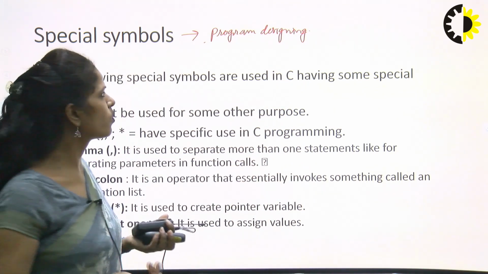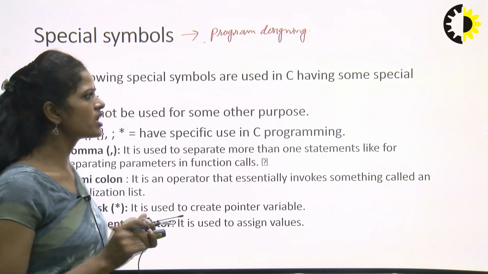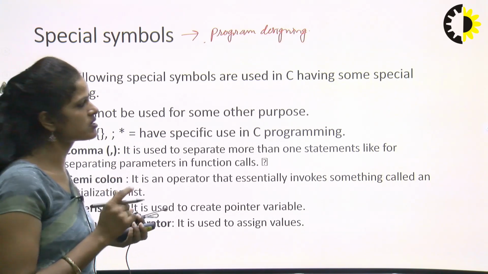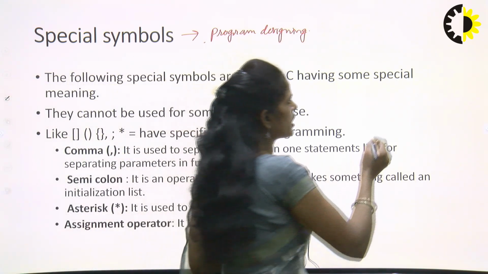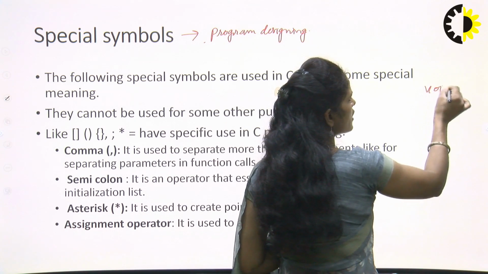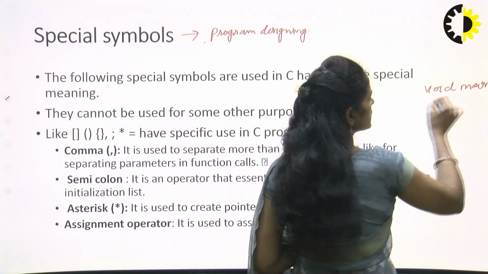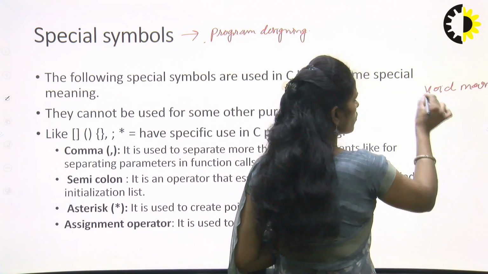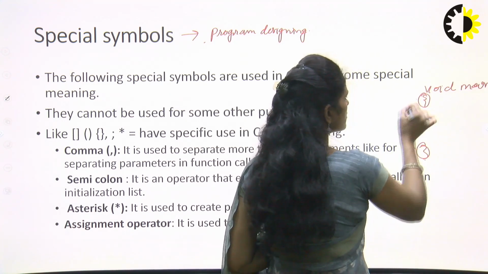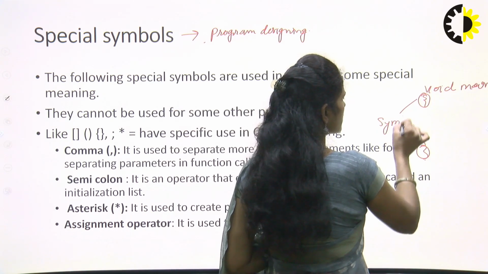Whenever we write the code of a C program, we use some special symbols. For example, a program will start with a particular symbol like this. So what is this? This is a symbol, and this symbol shows the